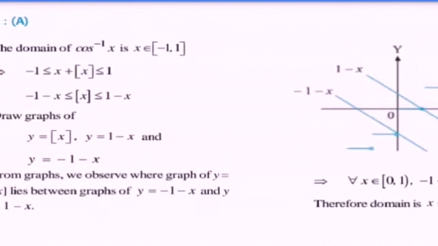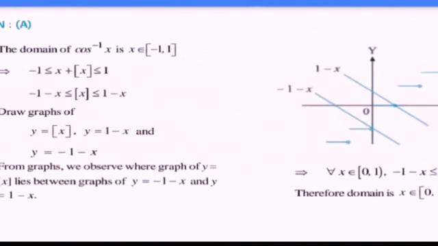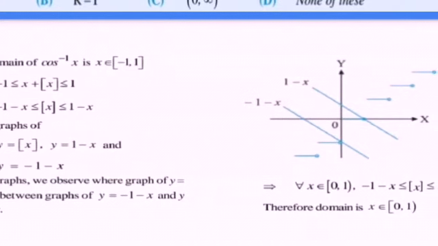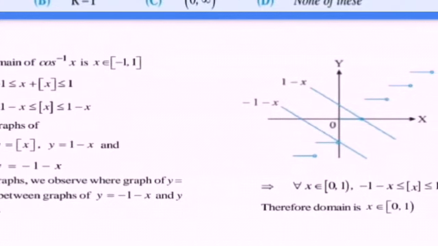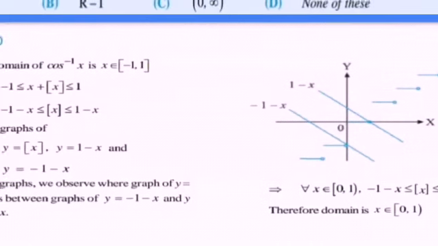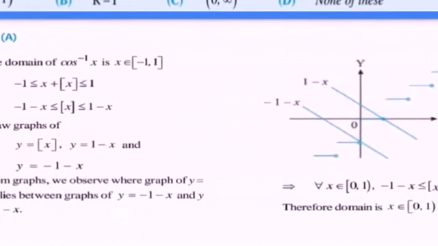Let's see another problem for the range of this function. The range of the function f(x) equal to sine inverse of x square upon 1 plus x square. Okay, you can pause it and then solve. As you know, the options are 0 to pi by 2 open interval, 0 to pi by 2 left half closed interval, and the first option is for open interval, 0 to pi by 2 closed interval, and none of these.